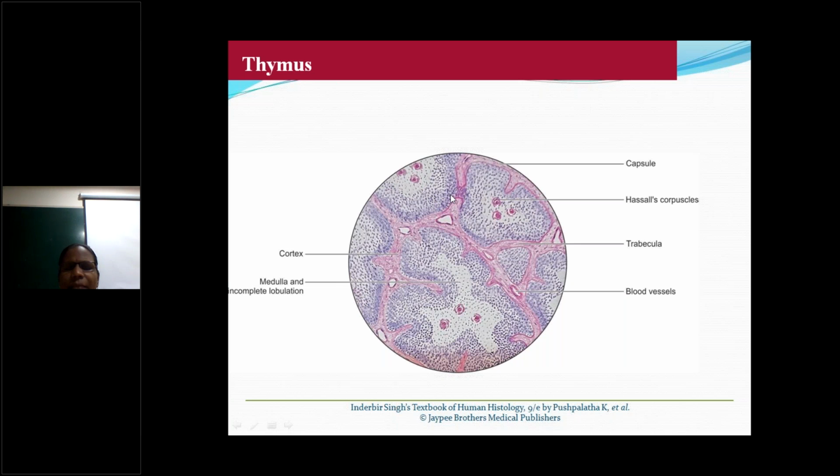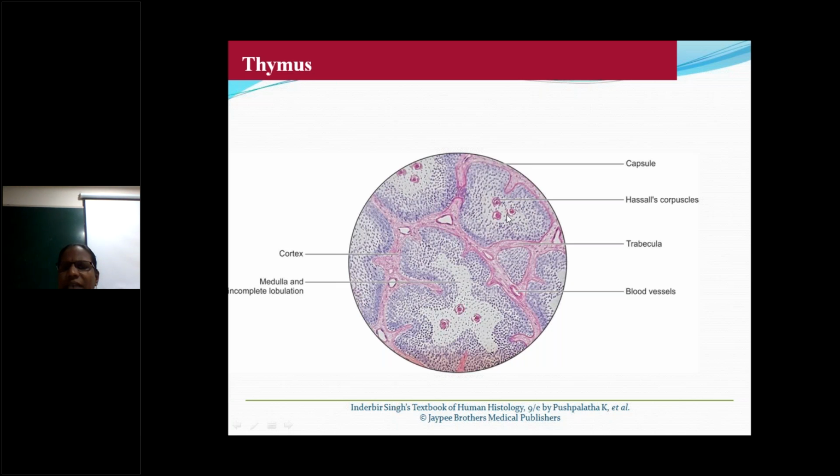So in the thymus gland, capsule, cortex, and medulla are present. In each lobule, the thymus gland has its own cortex and medulla. The cortex contains lymphocytes, which we call T lymphocytes or thymocytes. In the thymus gland, there is no lymphatic nodule arrangement of lymphocytes. So the cortex has a number of T lymphocytes, and the medulla also contains some T lymphocytes.